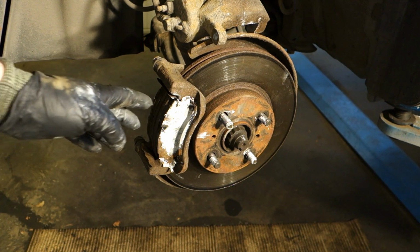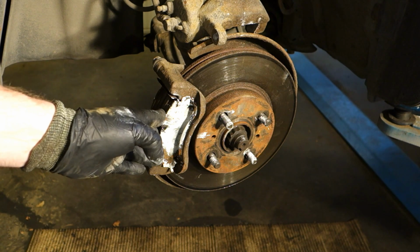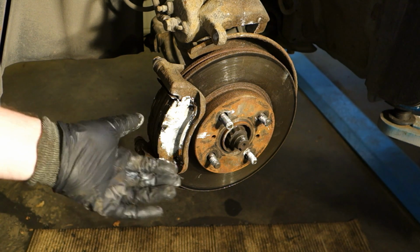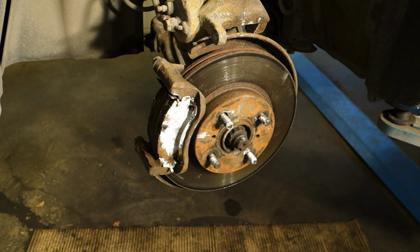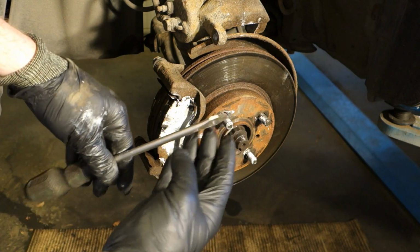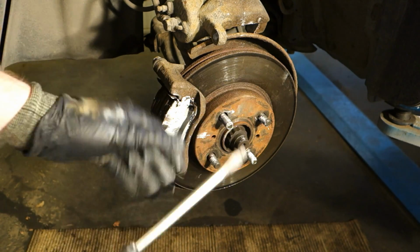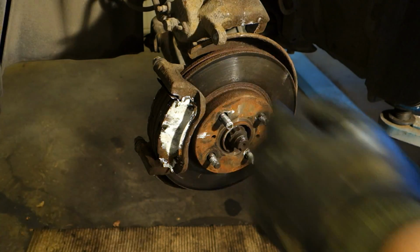Okay, and then when I am planning to replace these brake pads, next idea is to take these old ones away, and normally they are quite stuck, and we need that kind of flat head screwdriver. Look, this head is the key, and then we need to move this